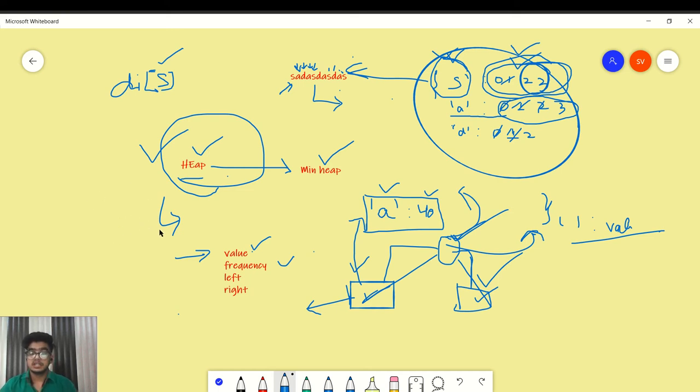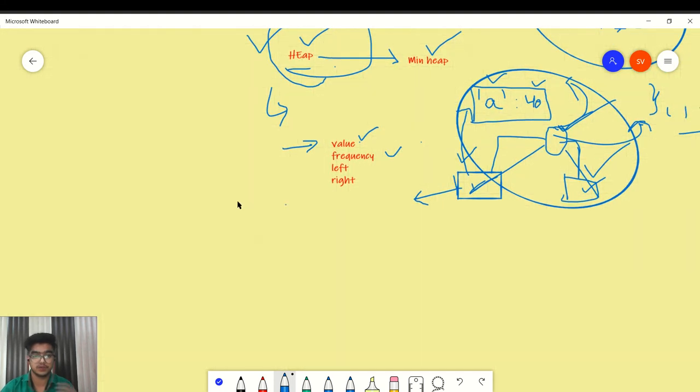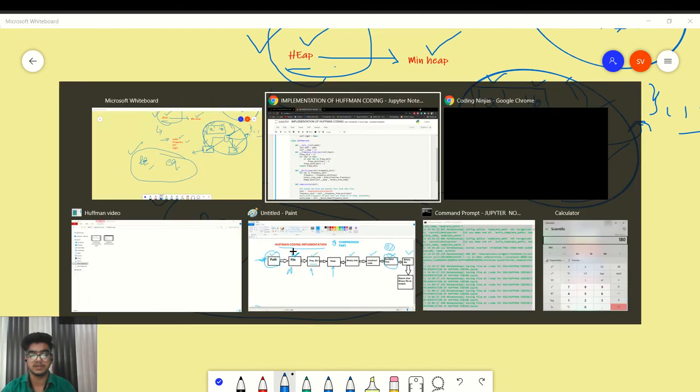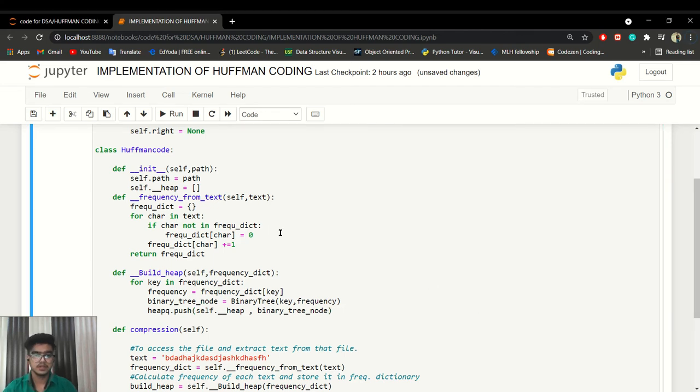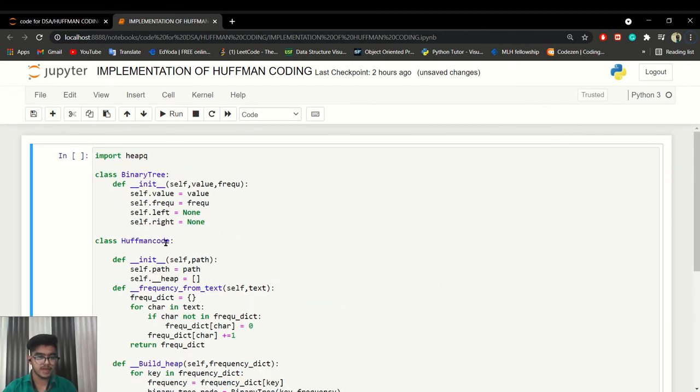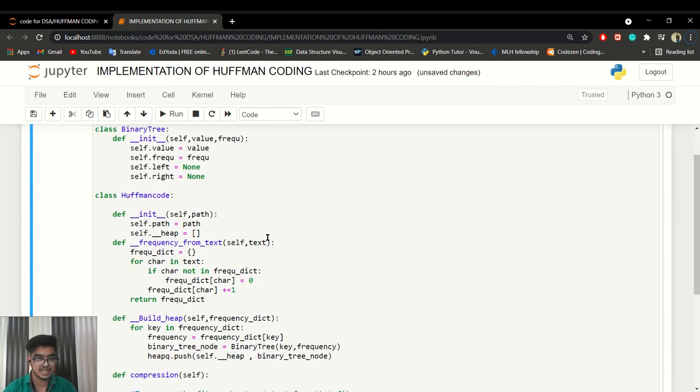Now we have to overload two functions. As you know very well, we are finding the minimum value for our binary tree node, so we require two functions, or we can say two operators, which are the less than operator and the equal to operator. On the basis of these two operators we are doing our things. How can we overload these? Okay, so now we have to overload those functions as well. Let's overload them.